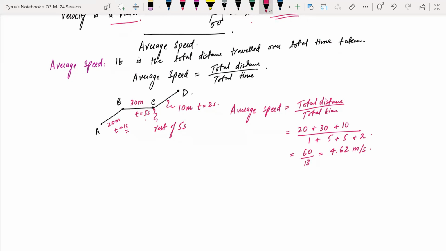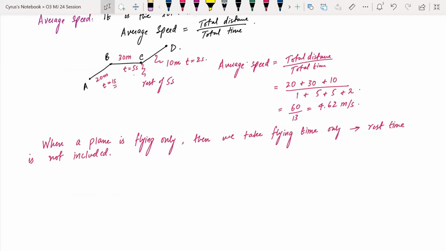अगर प्लेन फ्लाई कर रहा है तो आप सिर्फ उसका रेस्ट टाइम इंक्लूड नहीं करेंगे। आई एम गोना राइट हियर दैट व्हेन अ प्लेन इज फ्लाइंग, ठीक है, ओनली देन वी टेक फ्लाइंग टाइम एंड नॉट द रेस्ट टाइम। ठीक है जी।